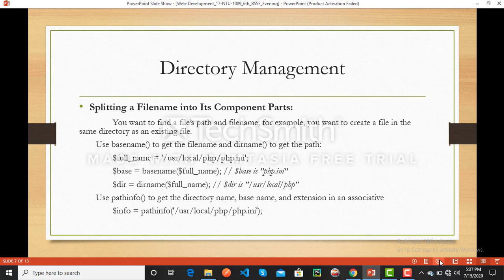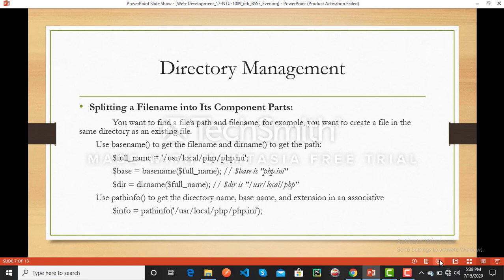After selecting the file php.ini, we call basename on the full name. basename is a function. The PHP basename function is an inbuilt function used to return the base name of a file if the path of the file is provided as a parameter to it.